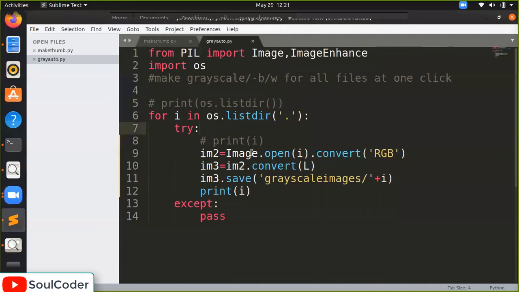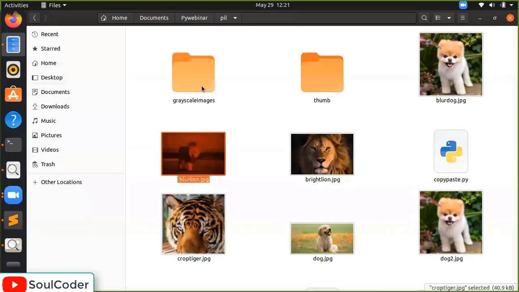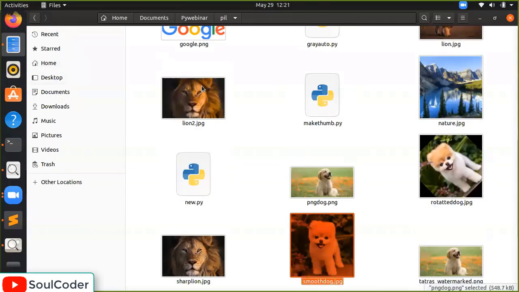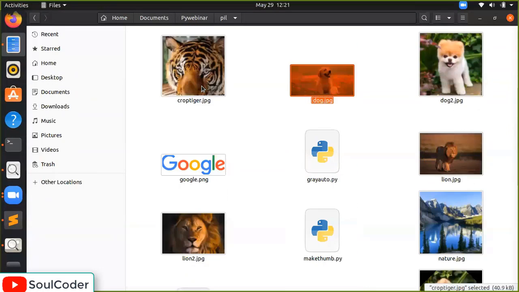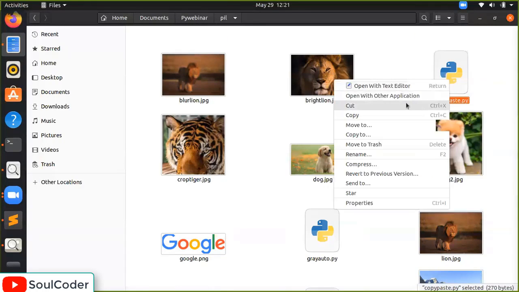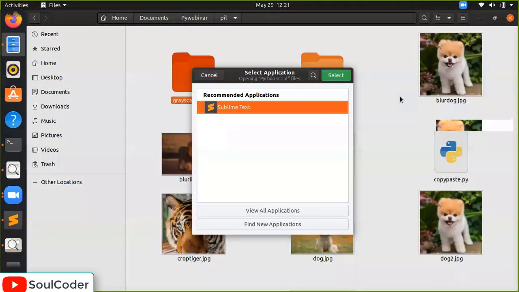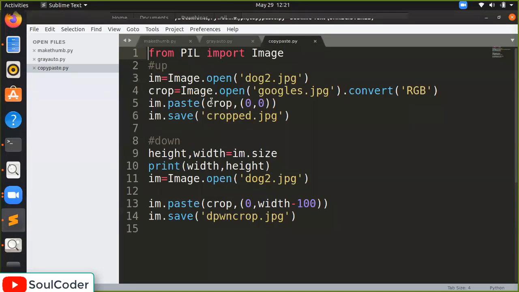There is another program I have already written. Let's open that. It should work. Is it nothing but copy paste code? This code I have written.